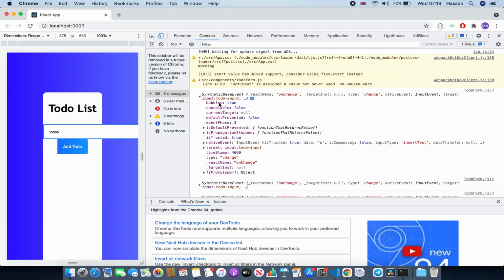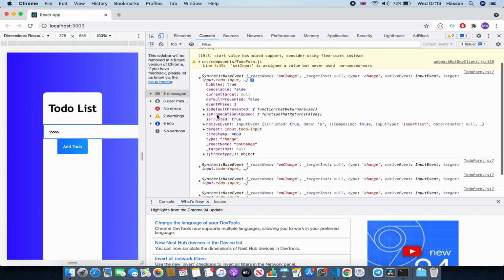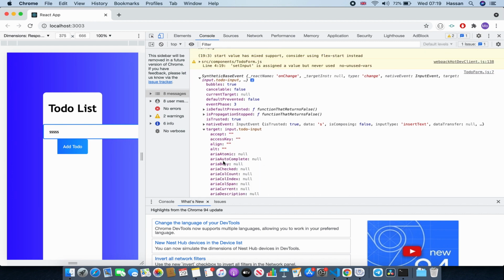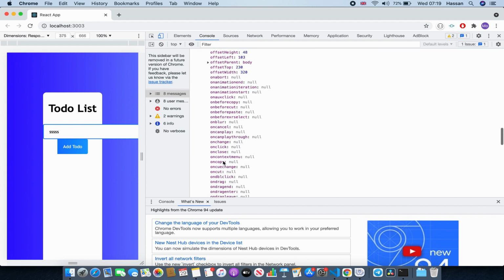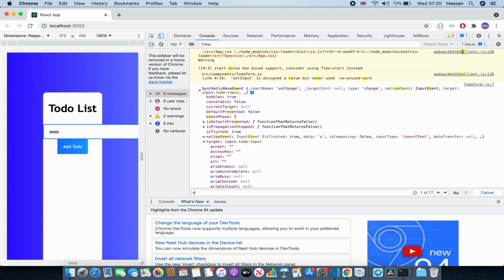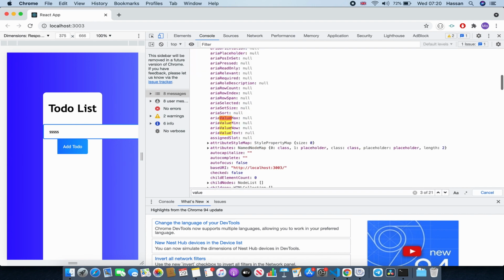So as you can see, this is our event, right? And then we have a target. So where is it? Target, and then we have so many things over here. One of them is value. So if I Ctrl+F value, as you can see,